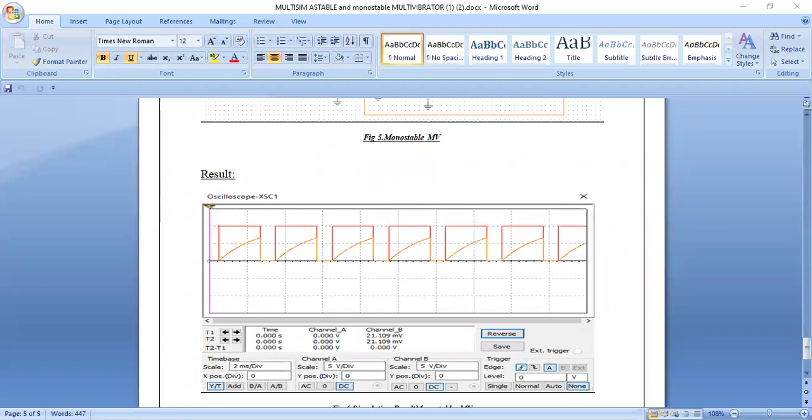So the design part will start like this. Let's save it as astable multivibrator. I'm going to save it. Next, click on the components, then go to place. Click on components. After clicking on the components, go to sources. Now after clicking on mixed, you're going to find 555 virtual.